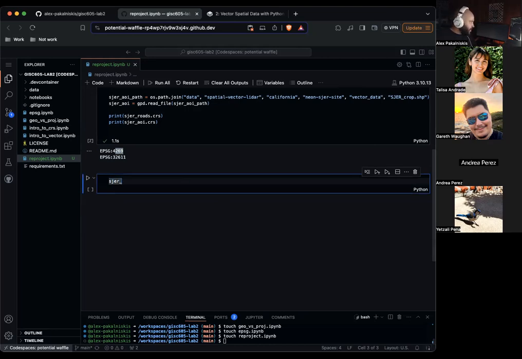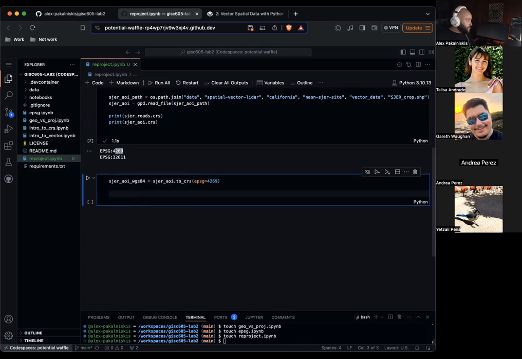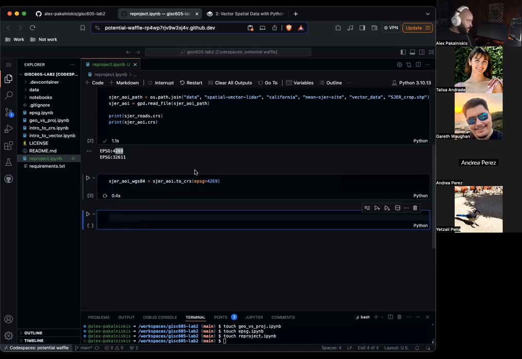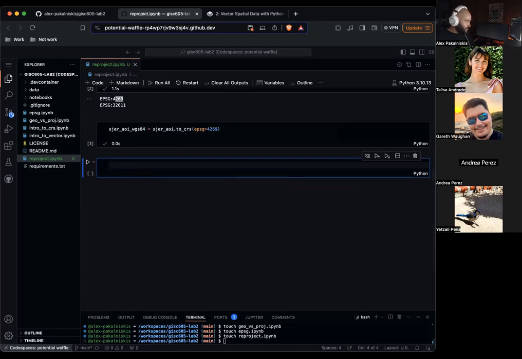We'll do SJER AOI WGS84. And let's do SJER AOI to_crs, epsg equals 4269. Voila. Now let's plot our data together because they're both in that 4269 projection. fig, ax equals plt.subplots, figsize equals 12 by 8.